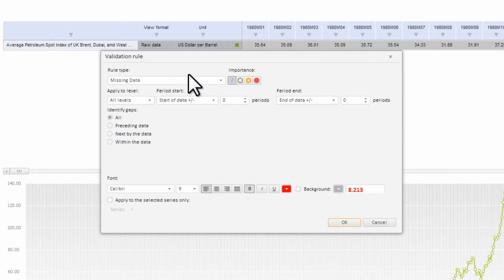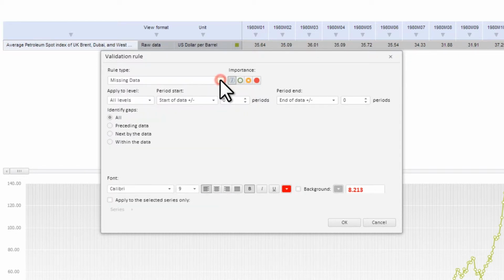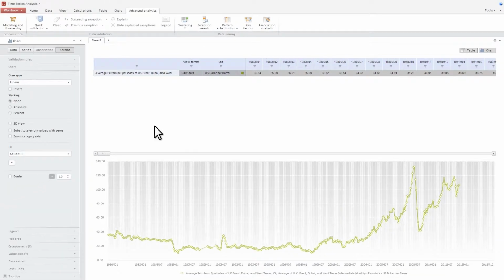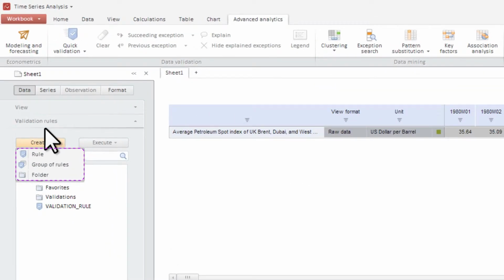Time series analysis supports several types of validation rules, including compare trends, compare metadata versions, components deviations analysis, and so on. You can set up the priority for each rule. When several validation rules are used simultaneously, their priority is taken into account. To enable the multiple use of rules, you can save validation rules or groups of rules as separate elements of